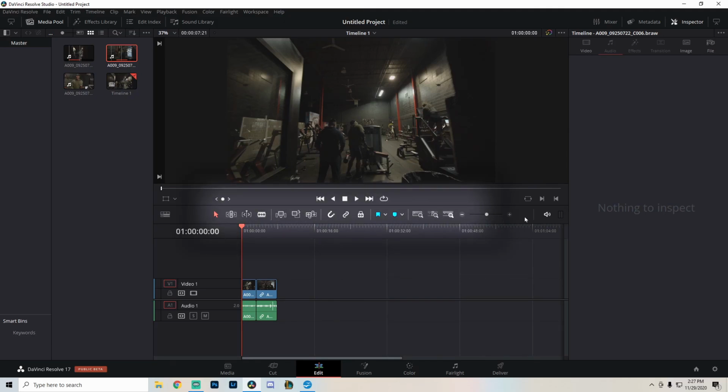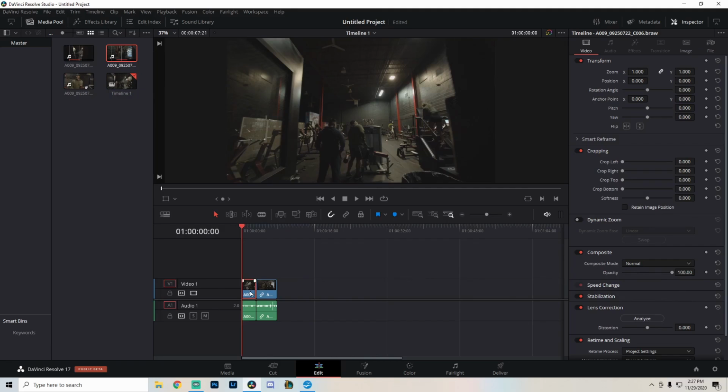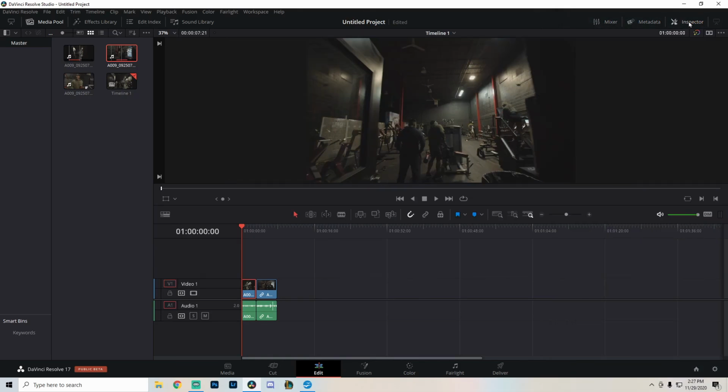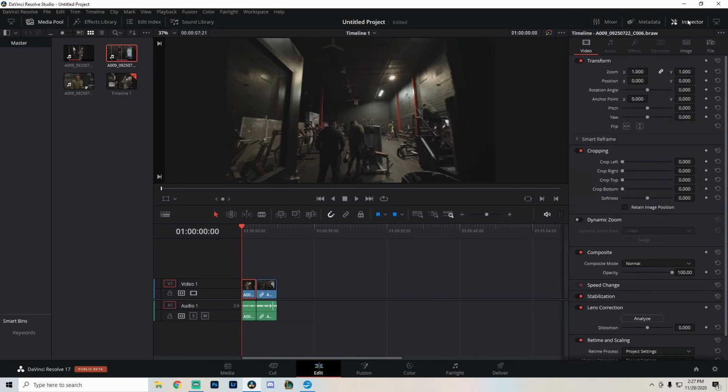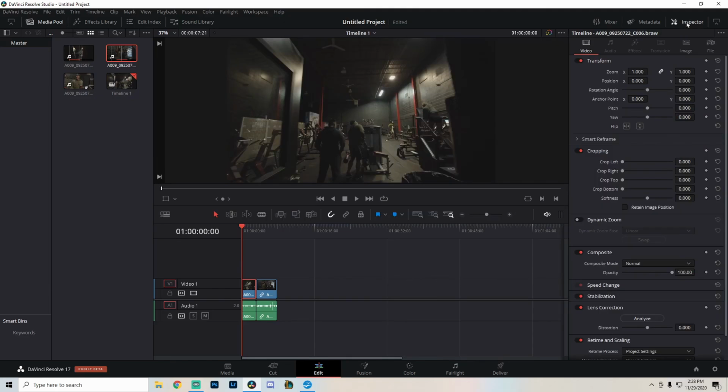Over here in this middle section separating the timeline and the viewer, we have a bunch of tools. So we have the select tool, trim, the blade tool, and all this other good stuff. And then over here, so let's click on a piece of footage. Let's click on a clip, and that activates the inspector. You could turn the inspector on and off up here in the top right. If you turn off the inspector, it gives you a little bit more real estate for the viewer. You could turn it on,